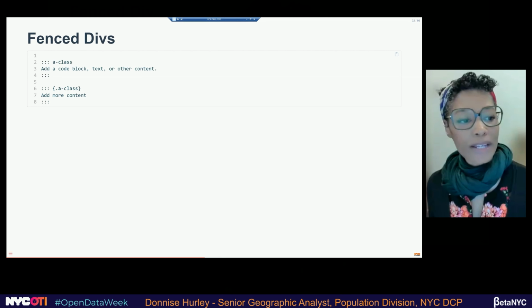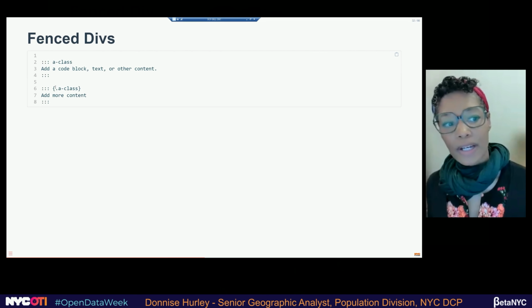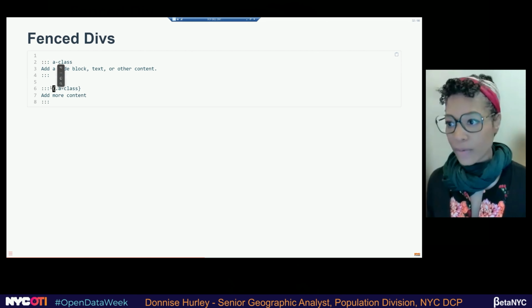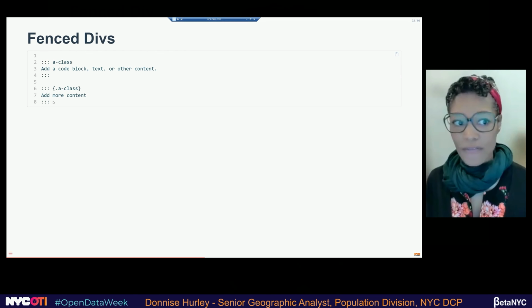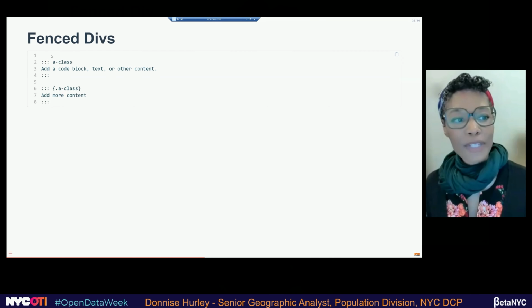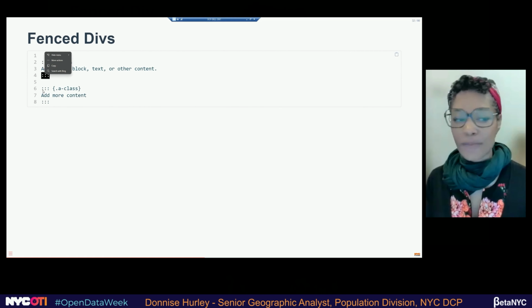Sometimes if you're writing multiple things, you want to close your class in brackets, just like with R when I entered my programming language. So there's a couple of options of setting up your fence div, but the key thing is that you must have 3 consecutive colons and everything must be even.